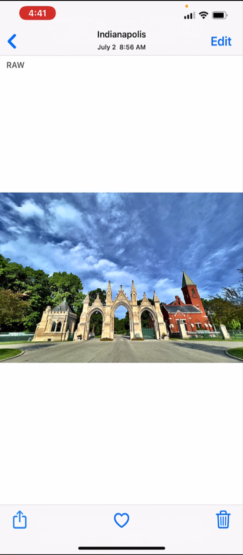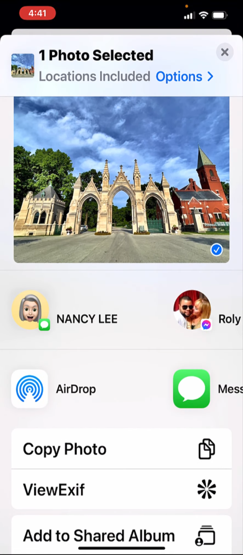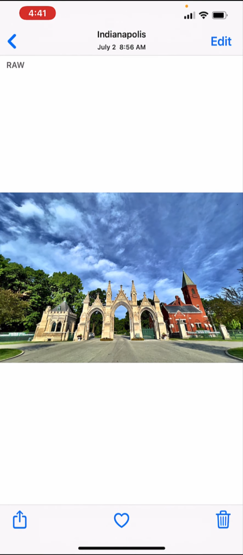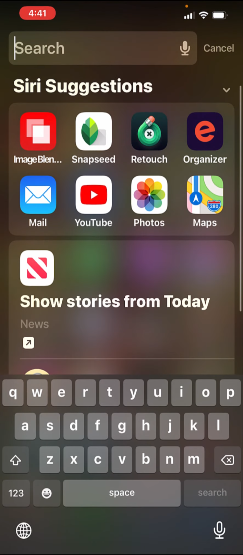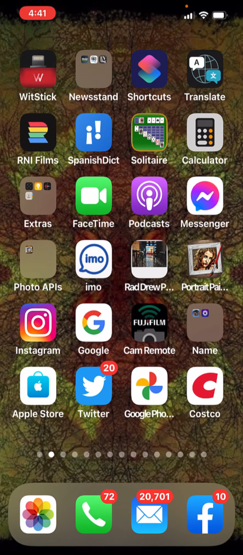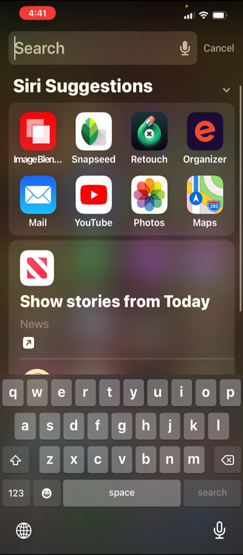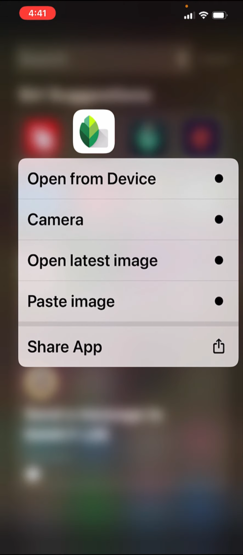So to do that, I'm going to tap on the share icon there at the bottom, tap Copy Photo, and now I'm going to go over to Snapseed. There's my icon. And all I did was swipe down in the center, and I could type Snapseed in the search bar if I wanted, or you can see it's already there in the tray, so I don't even need to search for it. I'm going to hold my finger on it, and when I do, I get a menu,